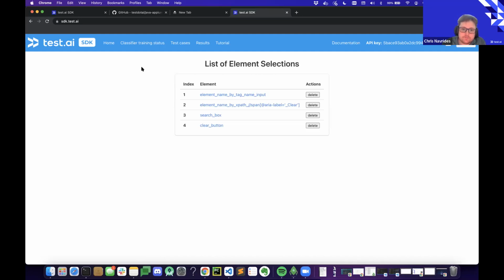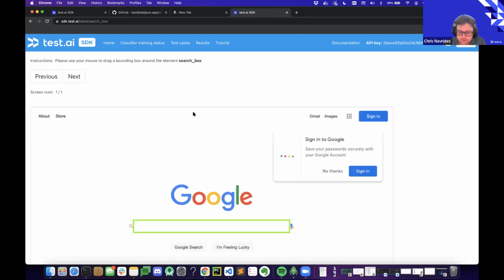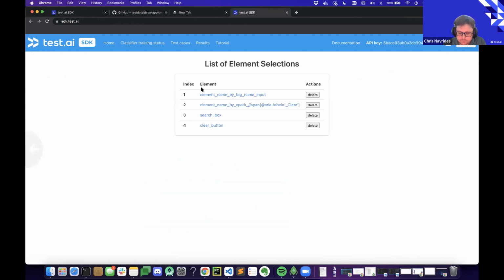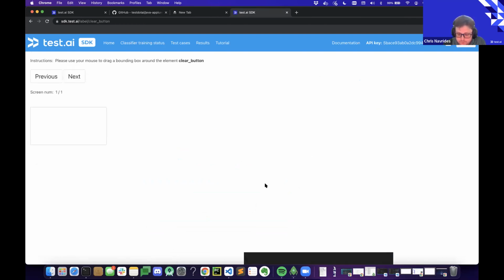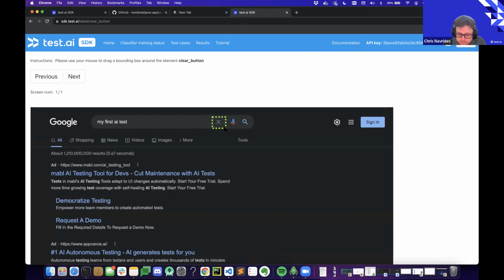Where does the data live if I use the SDK? For clarification, if I use the Carbon app, I can view the crawled elements in the editor tab. If I'm using the SDK, where do I view the elements that have been discovered by test AI? So the elements are all on the website. Once you log into sdk.test.ai, all of the elements and all of that data lives on our cloud instance. And so you can go in and view that at any time. You can even do things like, if you want to change, for instance, the clear button, it's actually a little bit bigger, you can just drag, do a new one, and that will re-kick off a training instance.